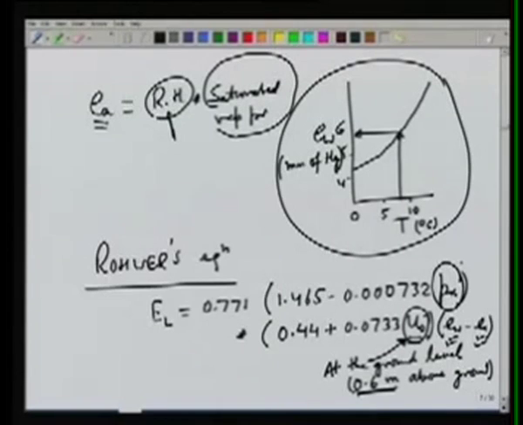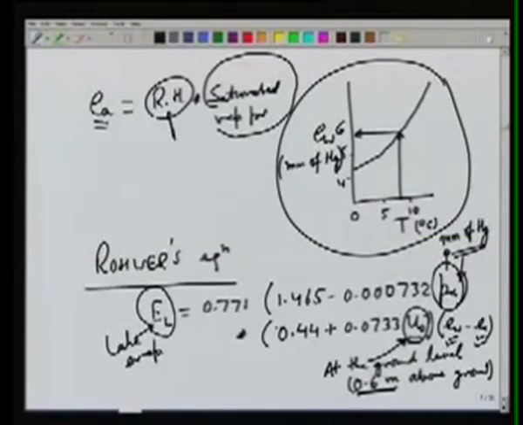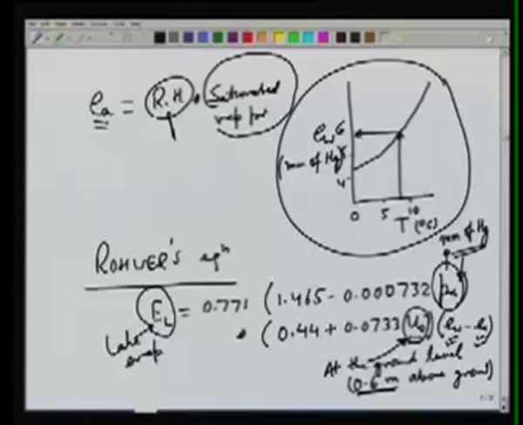PA is atmospheric pressure, and again this PA is also expressed in millimeters of mercury. Measurement of PA is also done regularly on weather stations. So this gives us an estimate of the lake evaporation using empirical formula. So empirical equations are good, but typically they are valid only in the area for which they have been derived and not universally. Therefore, we should look for some theoretical equations, which we will now do.